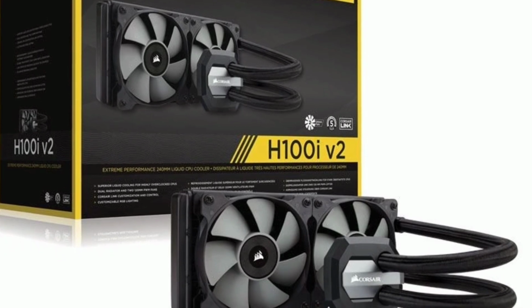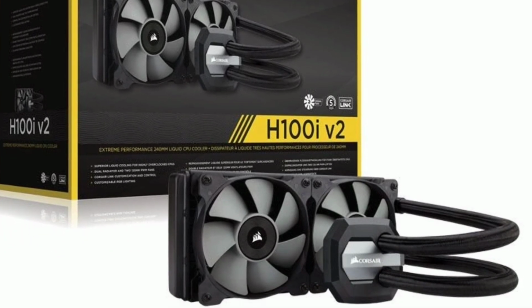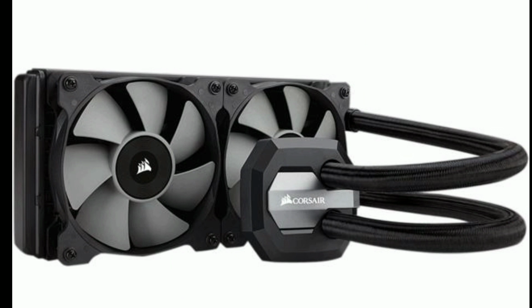To cool the CPU, I added a 240mm liquid AIO, specifically the Corsair H100i V2. This thing used to be over $100, but since the release of the H100i Pro, it's gone down to merely $90 while still keeping up performance-wise. Needless to say, it'll be a great cooler to get the job done for overclocking the 9600K. Only thing I will recommend later down the line is upgrading the fans it comes with, however that's an easy